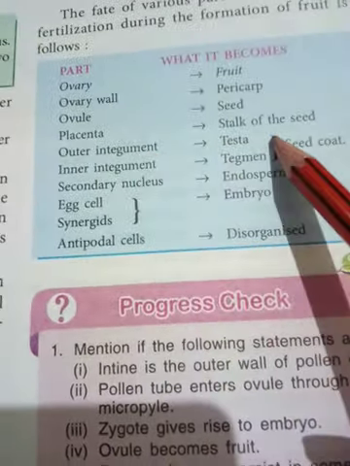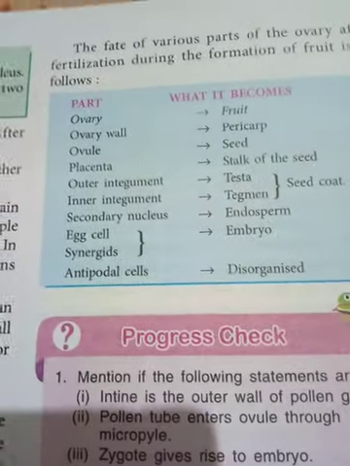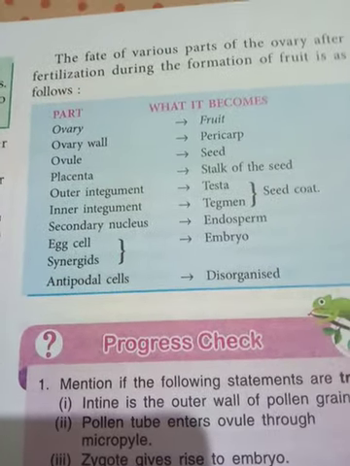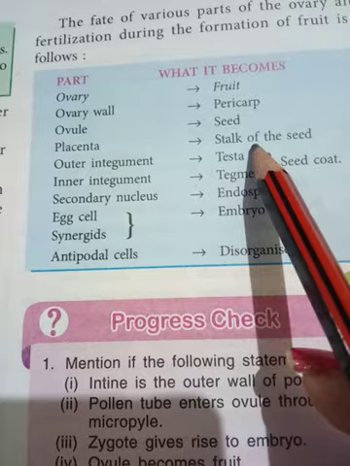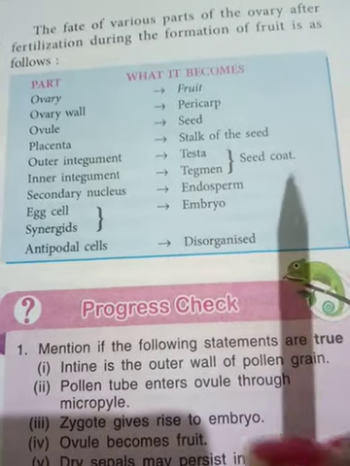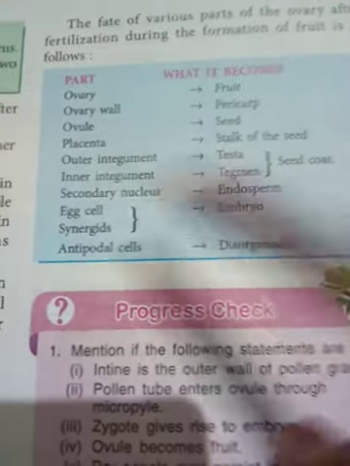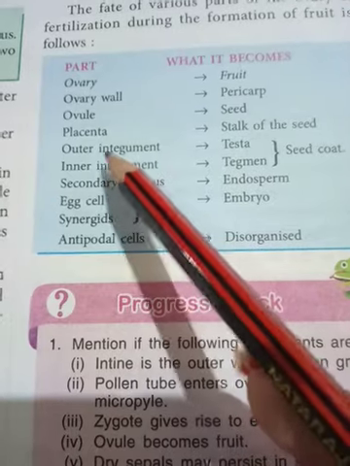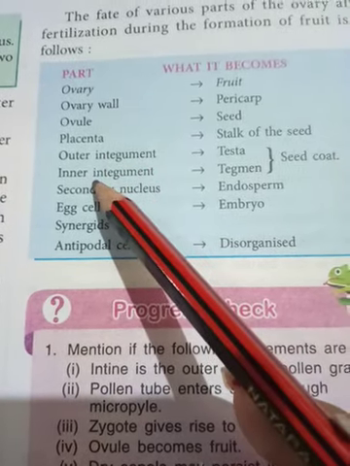Placenta becomes the stalk of the seed. In chapter 4 you have learned about placenta. So it turns to become the stalk of the seed with which the seed is attached. Outer integument and inner integument